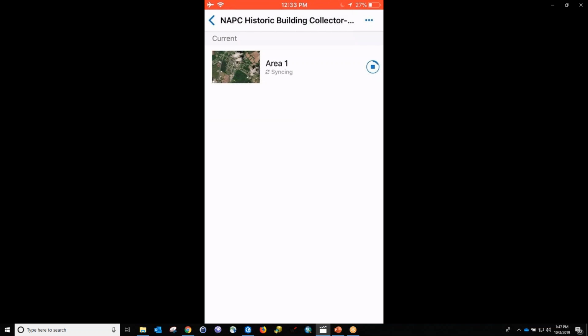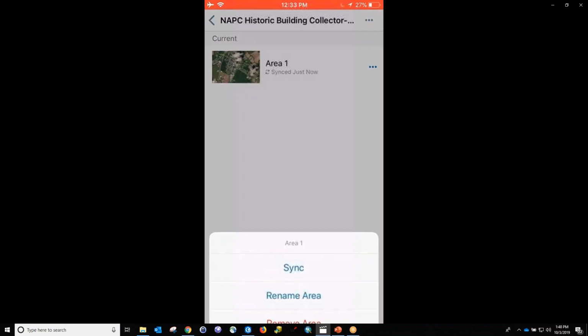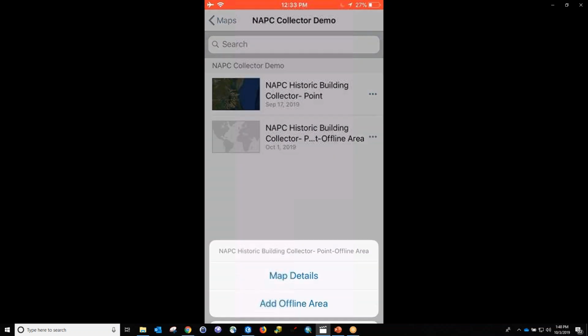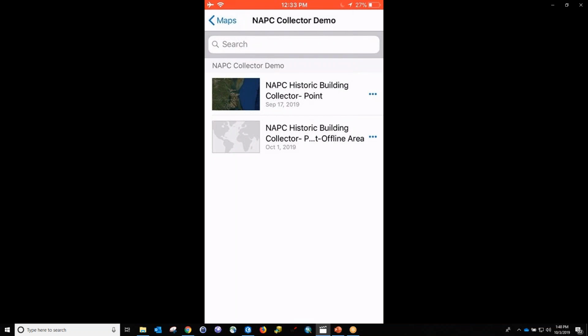The next day when you come in, if you've moved to a different area, you would simply remove this downloaded base map and go through the whole process again and create a new offline area. We can see my edits have just been synced. If I wanted to then, I could remove this area and then let's go ahead and remove it. I would then have to go back in and redefine that offline area. So with that, we've gone over how to download Collector, how to access your